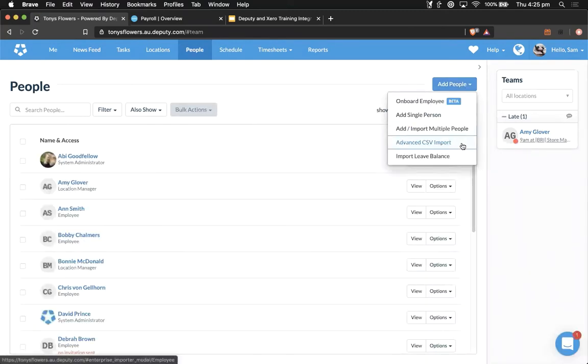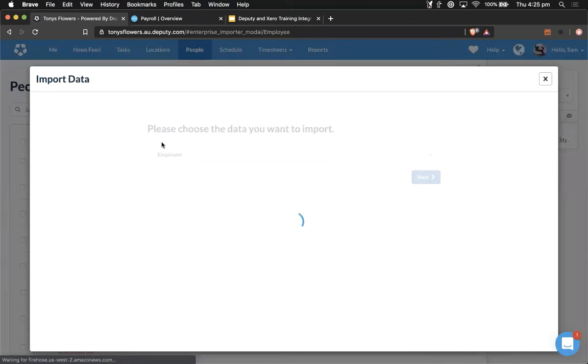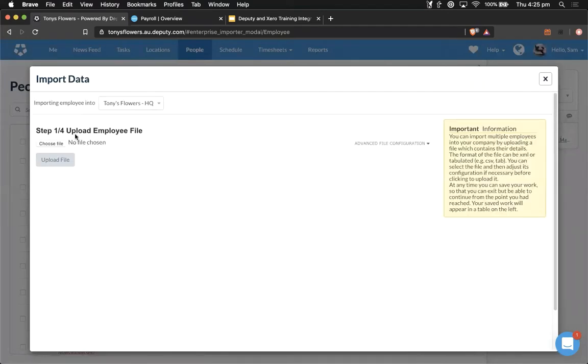Now another one is this advanced CSV import. This advanced CSV import is actually going to be a way of having a spreadsheet held separately and then basically attaching a spreadsheet to this particular function, and then it's going to add your people from there. We have a sample CSV that we will send in the follow-up for this webinar, tomorrow, and that sample